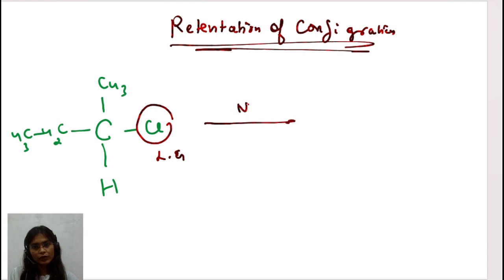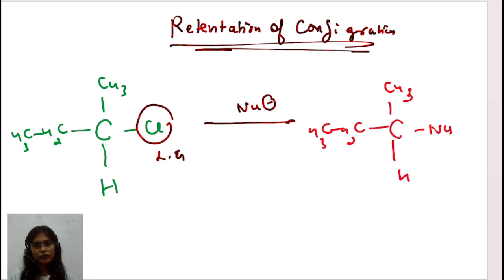Look at this. If the nucleophile comes into the picture, what is happening? The carbon and nucleophile, this CH3 will remain the same, this CH2CH3 will remain the same, and this is my hydrogen. If you observe, the nucleophile is on the same side as the chlorine, so it's a retention of configuration without any change in our stereochemistry. Simple, chlorine is replaced by the nucleophile. Maybe this point is not very clear here, but don't worry, when we start the SN2 mechanism, we are going to discuss that there is an inversion of configuration, the very famous Walden inversion.